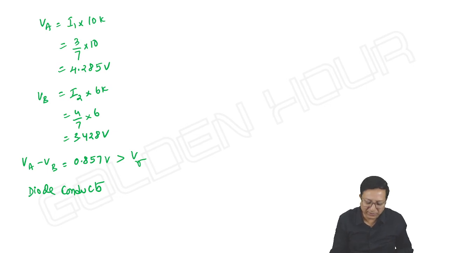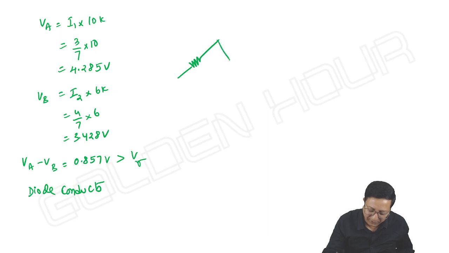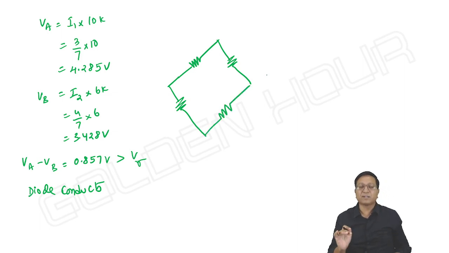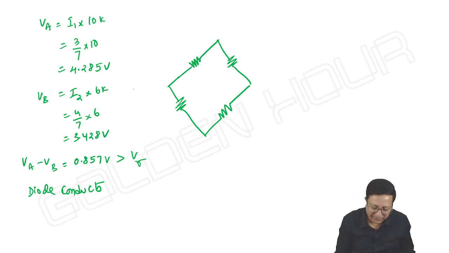Once the diode is on, just for your information, I'm giving you the idea of finding the current through the diode. In the exam, they don't give this much lengthy a problem. They may ask us to find the status of the diode, if that is the case. Okay. So here,